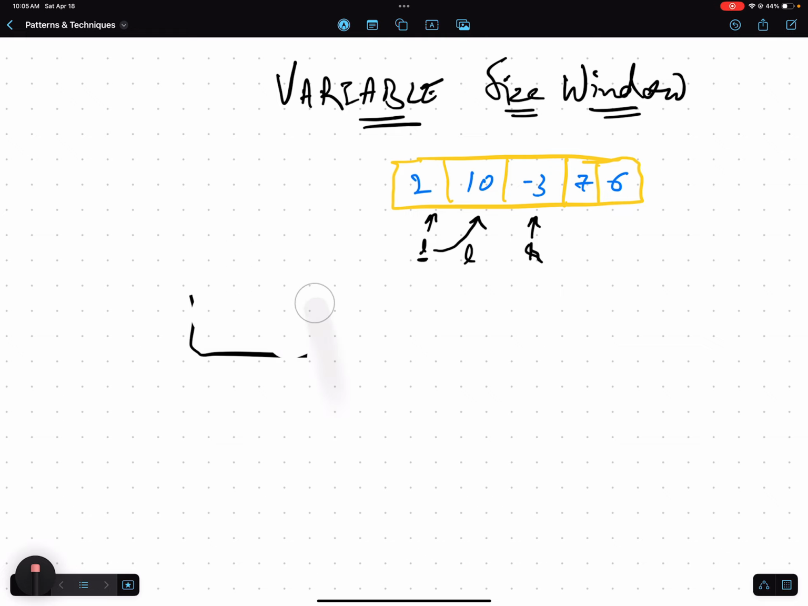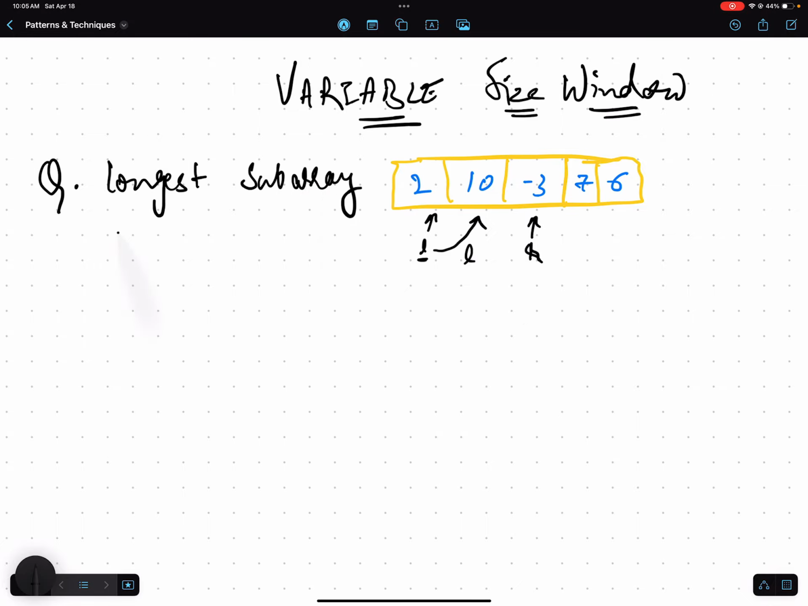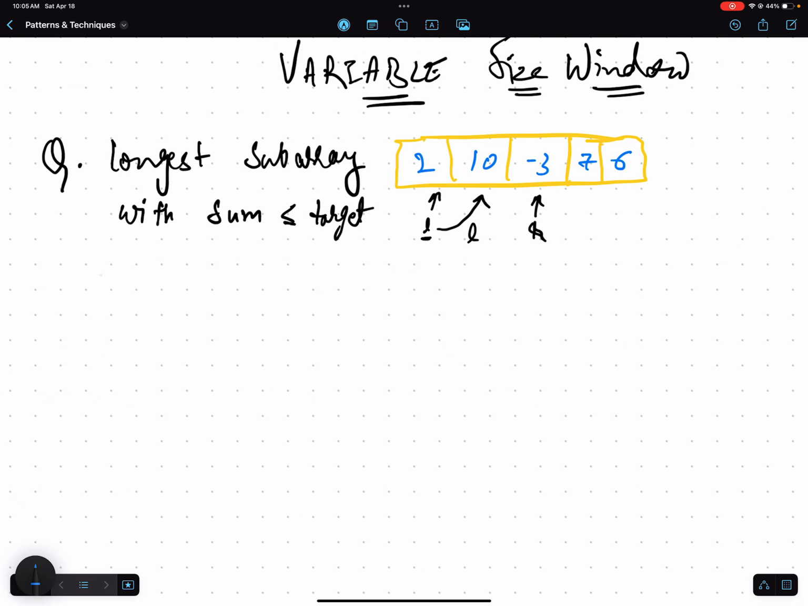Okay, so let's take an example question. We need to find the longest subarray with sum less than or equal to a given target. Okay, how will we approach this? So we'll just take a pseudo algorithm, okay, pseudo code, sorry. So in the pseudo code itself, what we'll do is